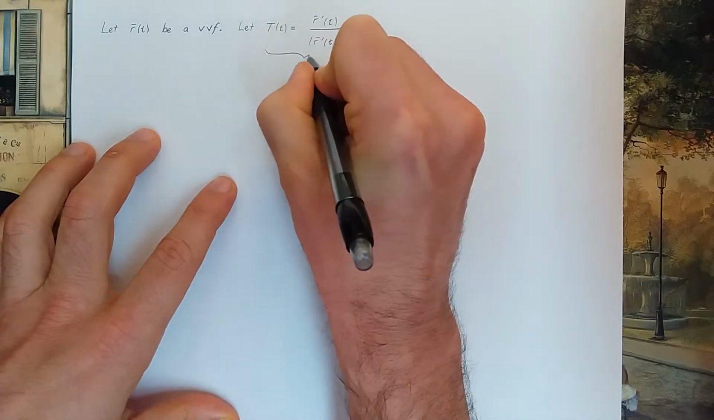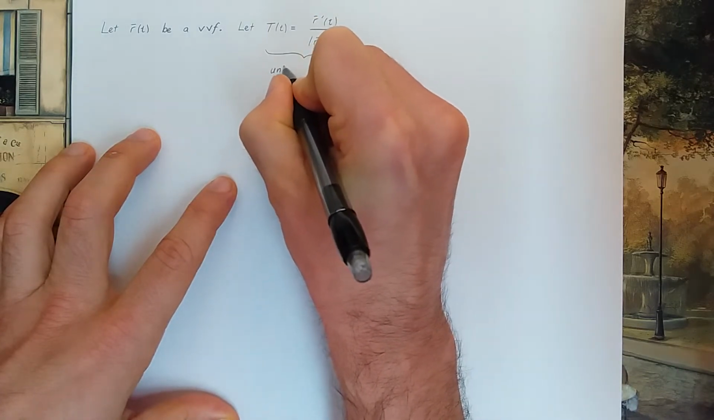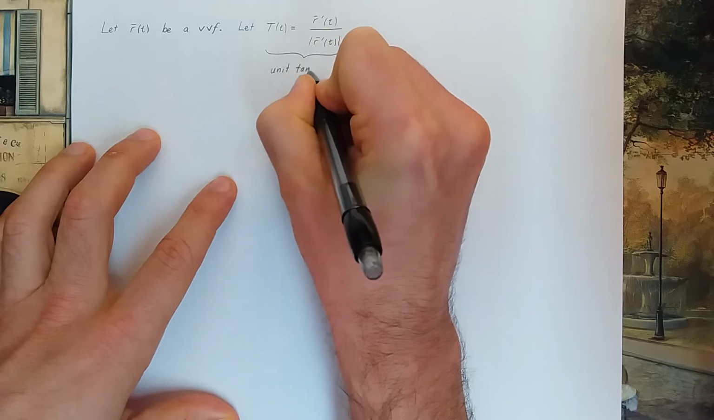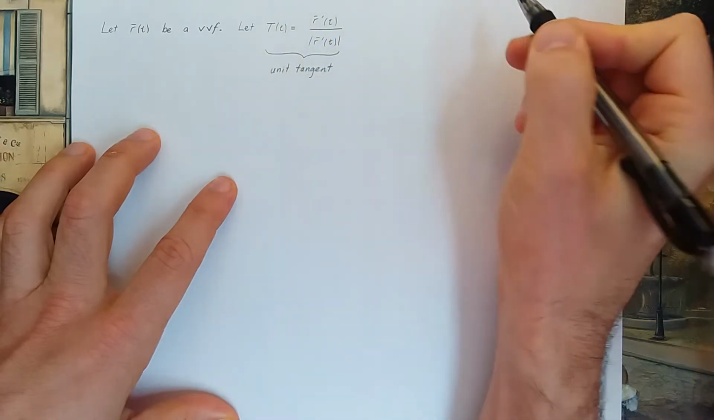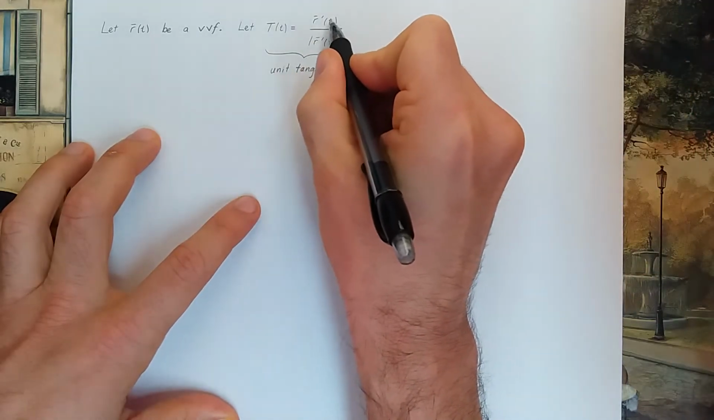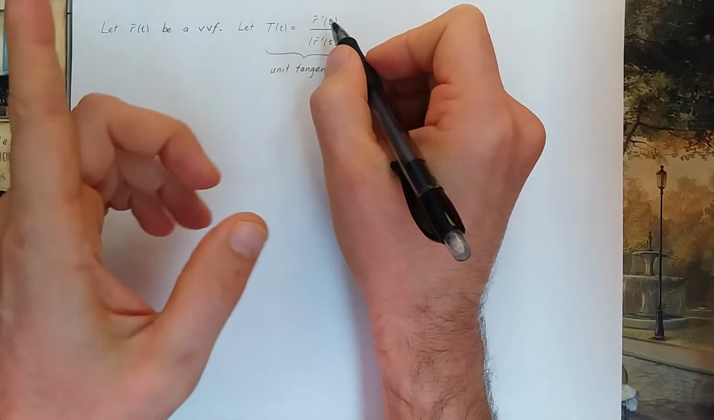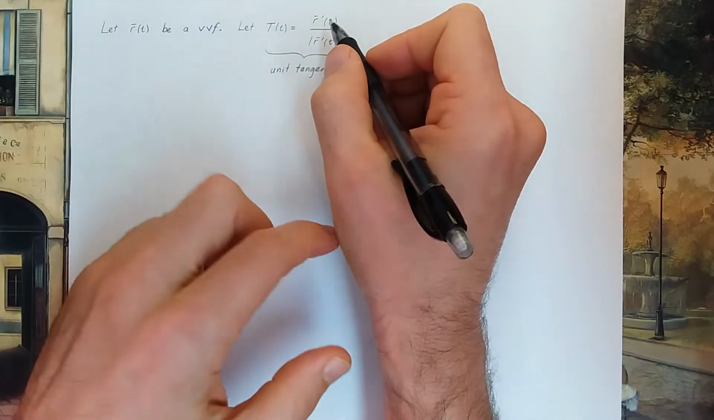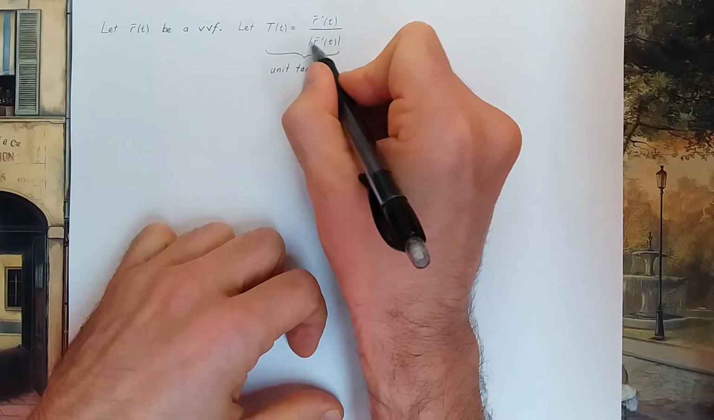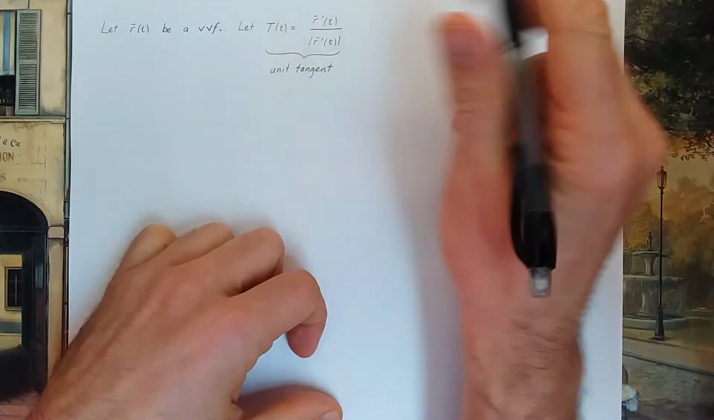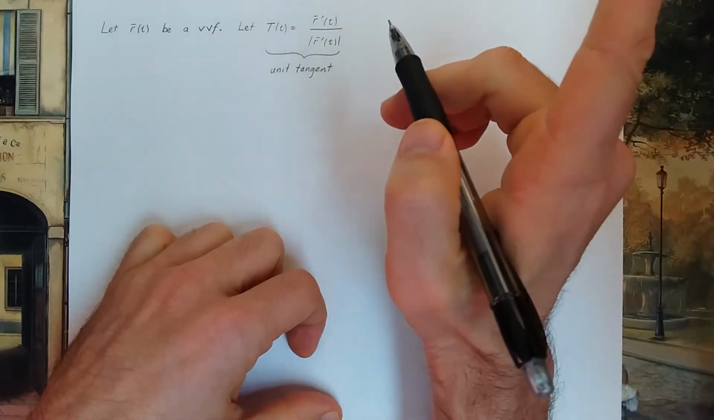This is known as the unit tangent vector. We've seen that the derivative of your vector-valued function is a vector that's tangent to your curve. If I divide by the length, that makes it a unit tangent vector, a vector of length 1 that's tangent